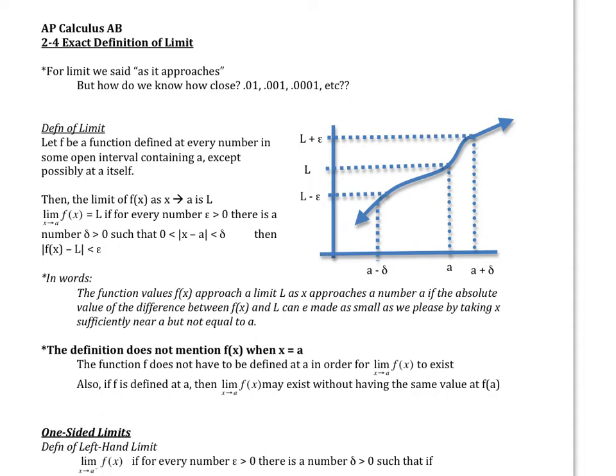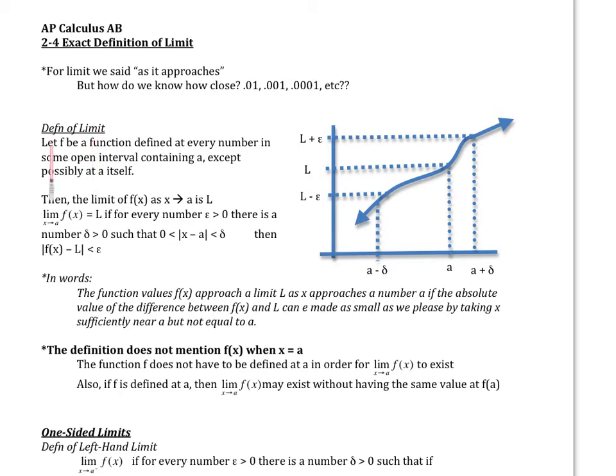Now, for a limit, we said as it approaches. Remember, we wanted to take values near a but not at a. And so that was what we were saying. But how do we know how close? 0.01, 0.001, 0.00001, etc. So that tells us that we can define how close by coming up with the definition